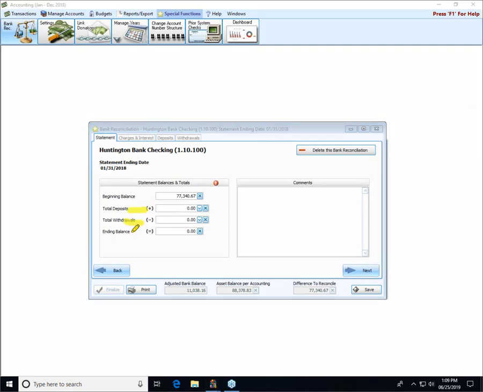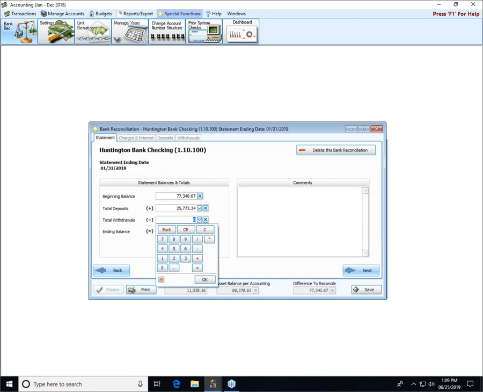Notice the plus sign, the minus, and the equal sign. This equation has to make sense. Okay, it's flashing this red dot at us right here because the beginning balance plus deposits minus withdrawals doesn't equal the ending balance yet. Okay, it will. So then we're going to record our total deposits here. So our deposits are $25,773.34. Tab down, we enter our total withdrawals of $13,599.36. Again, folks, all gathered from my bank statement,